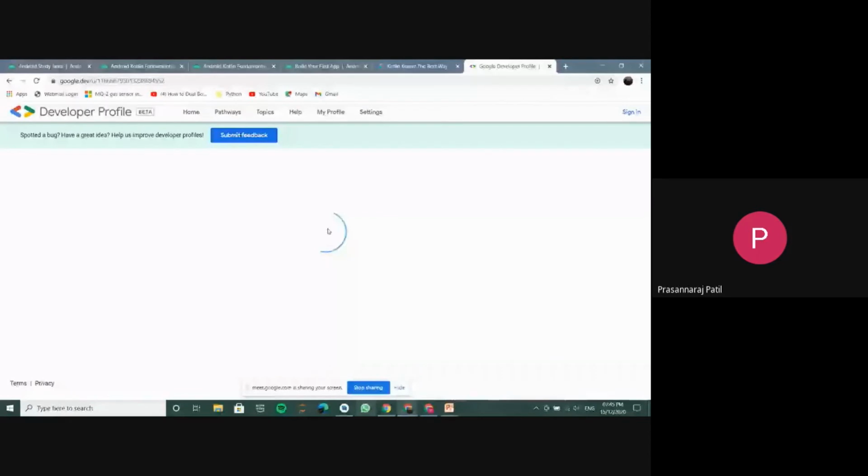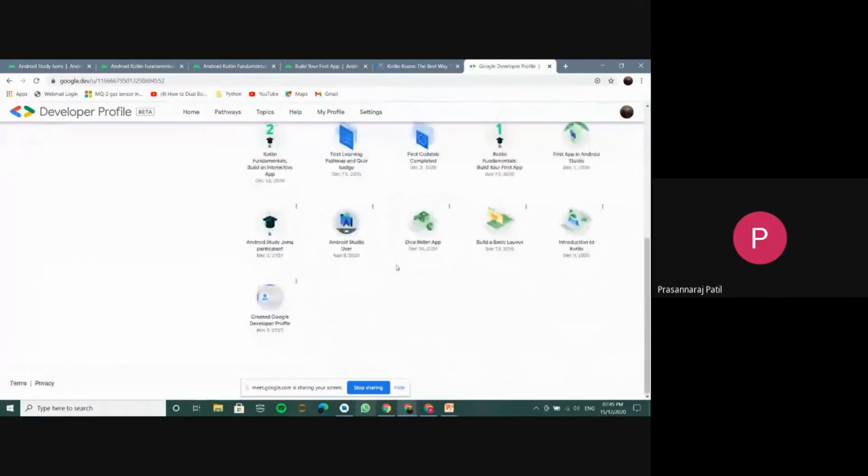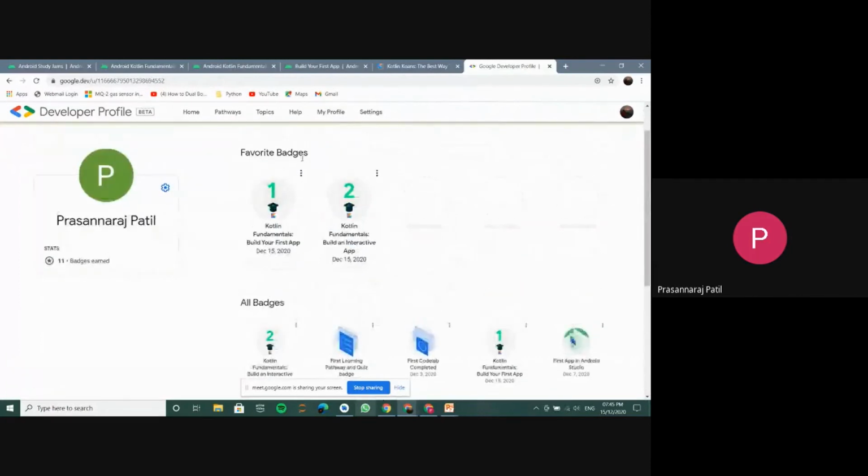Yeah, sign in to create your profile. You just have to click on that, and the profile will be created, and you will see all the badges you have earned till now. These are the badges I have earned, and I have set some favorite badges. My favorite badges are the first badge and the second badge. We can do this. So likewise,